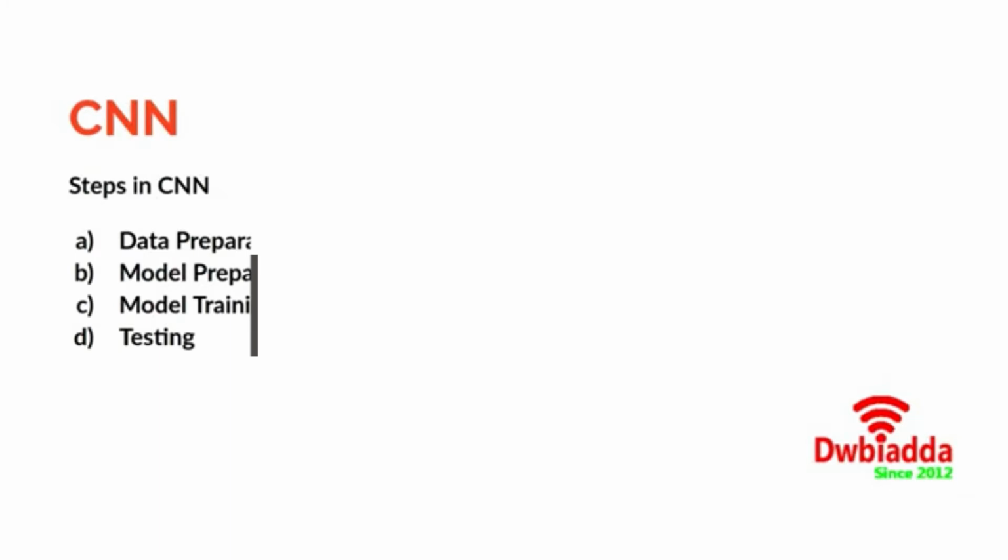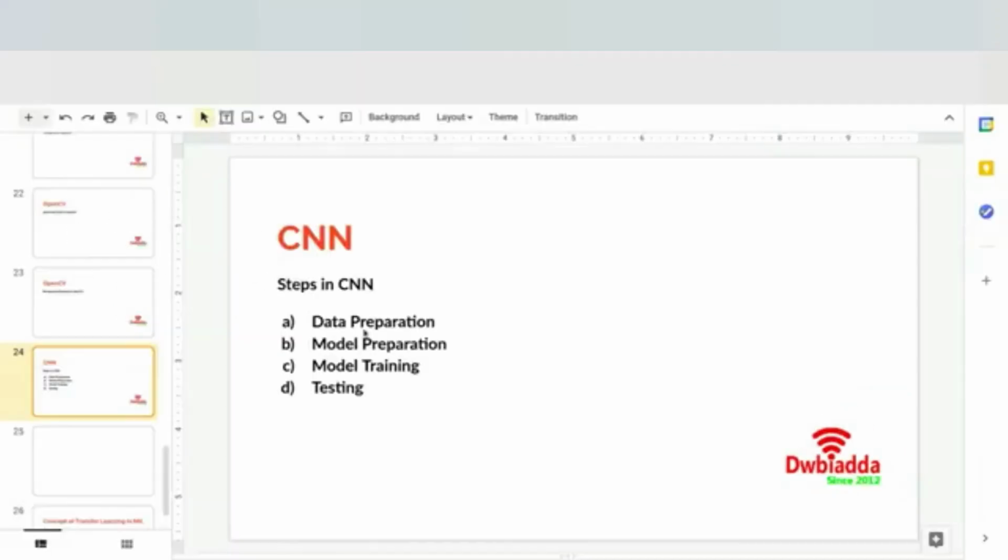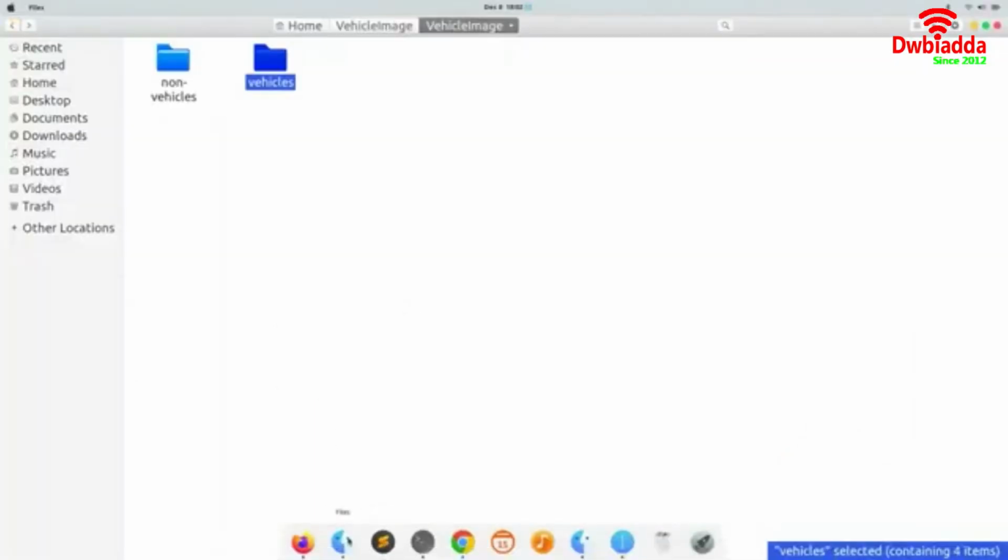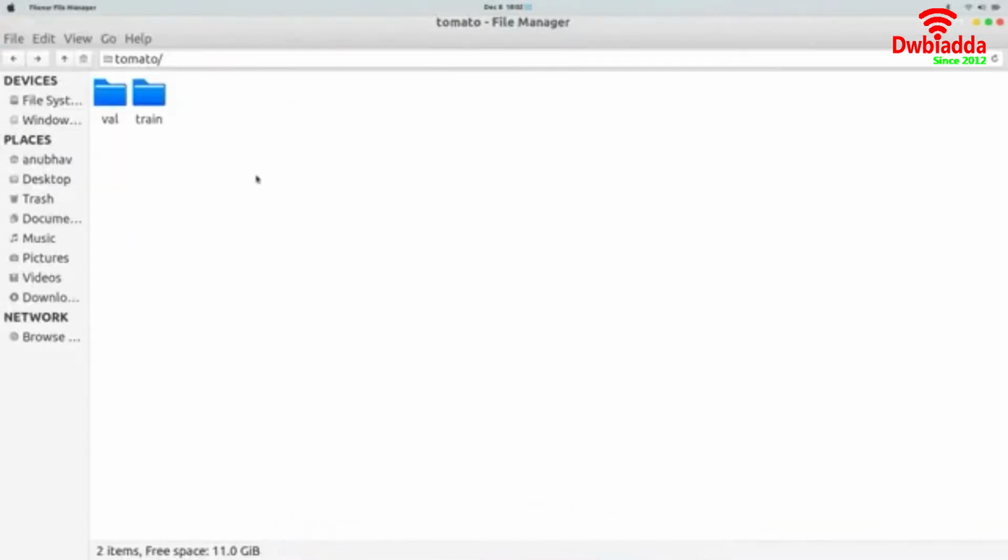But before that, it's important to show you how data preparation is done in CNN. Let me open the current directory. As you can see, this is my data set. The name is tomato, and here we have two folders. One is the validation folder, which is also called the testing folder, and the other is the training folder.